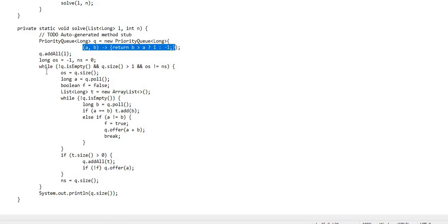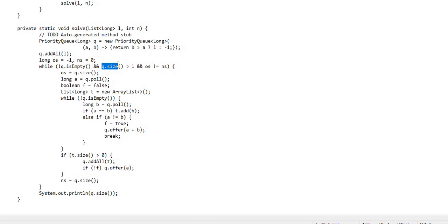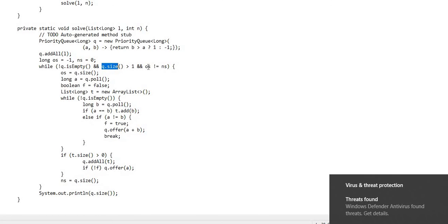After that I have taken two variables: the old size of the queue and the new size of the queue. I will explain why I have defined these two variables. After that I am iterating through this queue as long as its size is greater than 1 and the old size and new size are not matching.